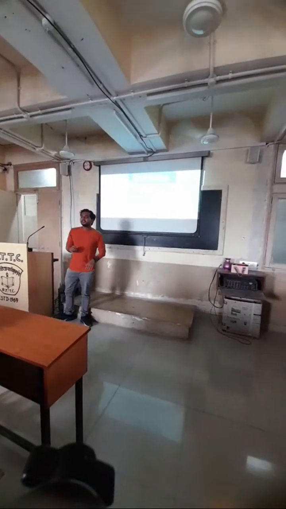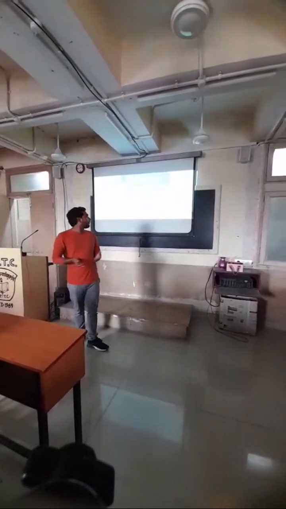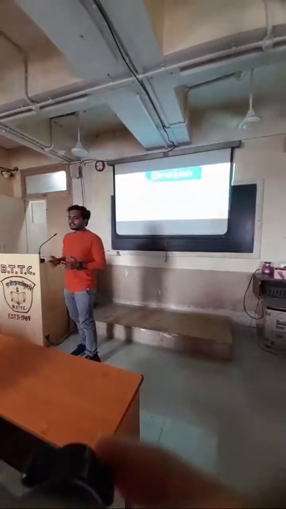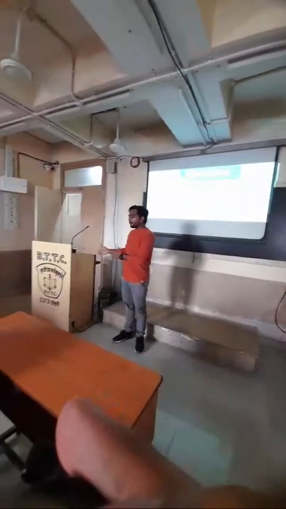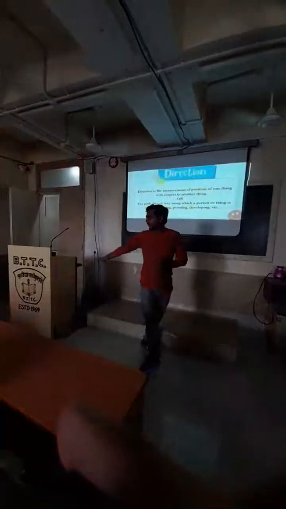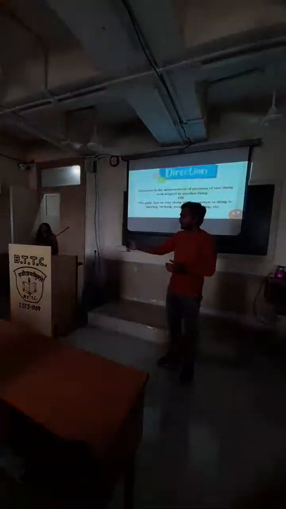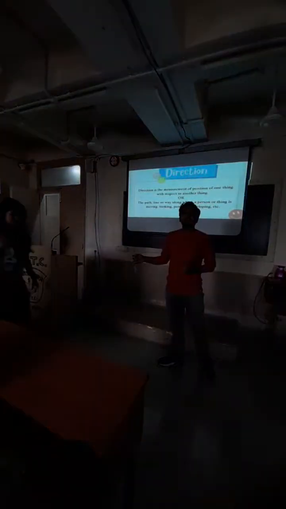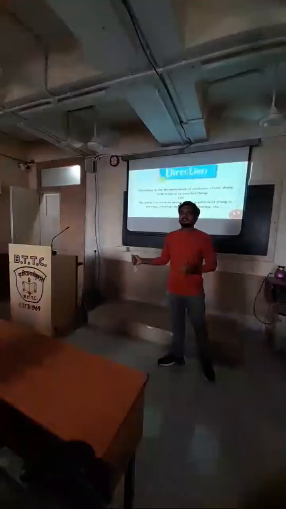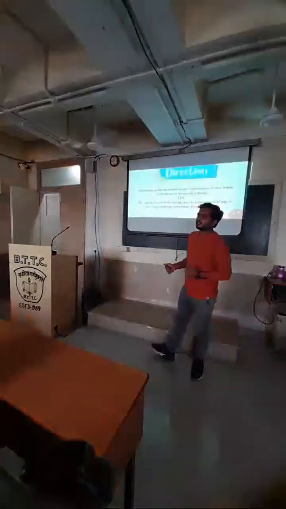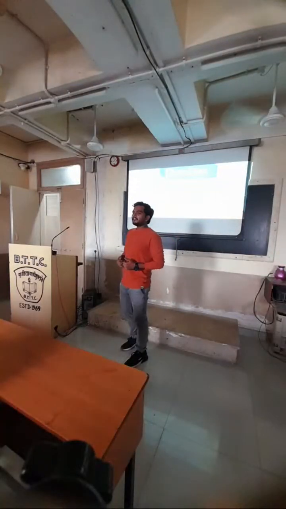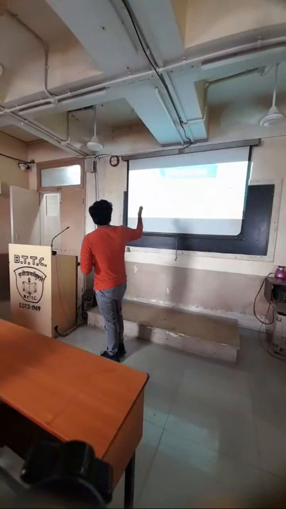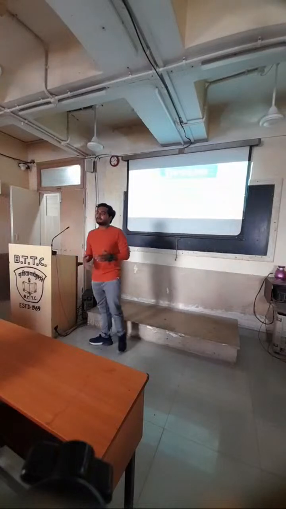Okay. So, direction is the measurement of position of one thing with respect to another thing. Just like this, what we say, podium. If I am considering this as a center point, what is the direction of my position from here? It will be west or east. From your side it is east. For me, it is east. So this is what direction is: the measurement of position of one thing with respect to the other,